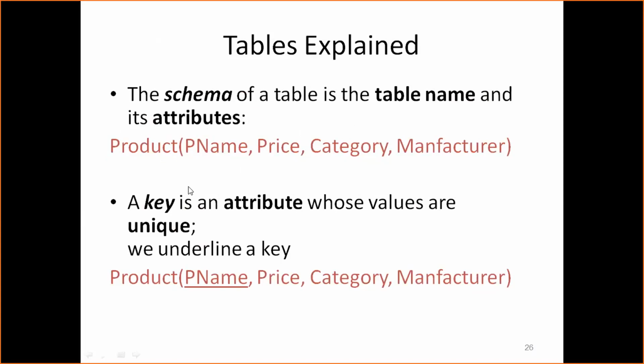And some of the attributes can be marked as keys. Key means it should be a unique value. No two rows should have the same value in this column. For example, let's say we are creating a student table. Every row represents one student. So we should not have two rows with the same ID number. We know that the ID number is unique for every student. So such columns are marked as keys. Any two rows cannot have the same value for that column. Such attributes are called keys.